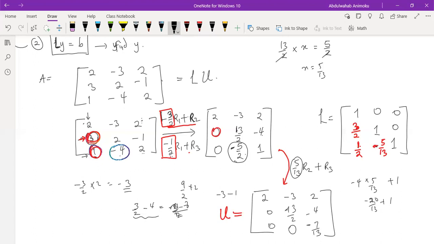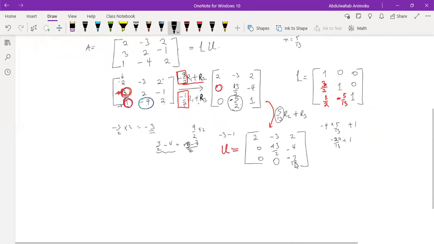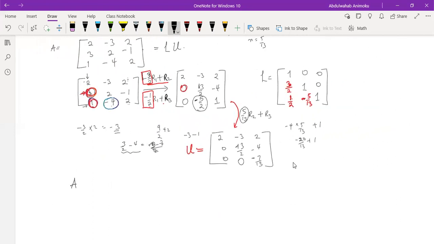Always make sure that when you are doing this row operation, the factor in front of the second row, or the row that you're adding to, should always be 1, right? And make sure that the right factor always comes at the beginning, okay? So take note of this. All right, so now that we have LU, this is an exercise for you. Confirm that this L times U would give us A. So confirm that this matrix L, lower triangular matrix,